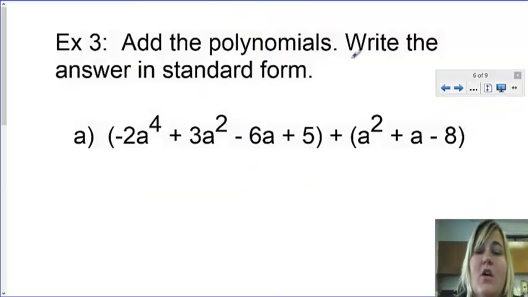It says, add the polynomials, write the answer in standard form. These are some of my favorite problems because I think that they are so easy to do. All you're doing is you're adding this polynomial to this polynomial. And for us to add, we're just combining like terms. So I'm going to take what's in this polynomial and I'm going to just stack them under what it goes